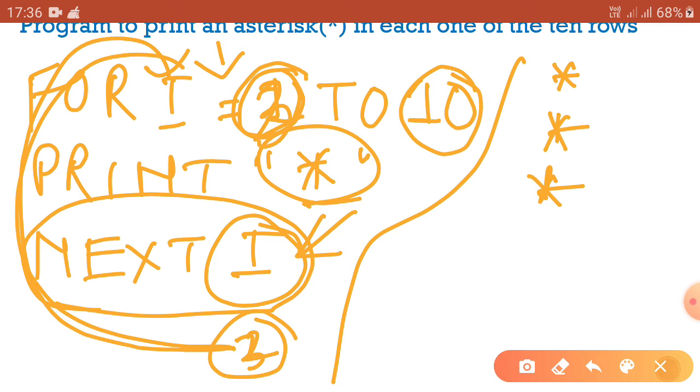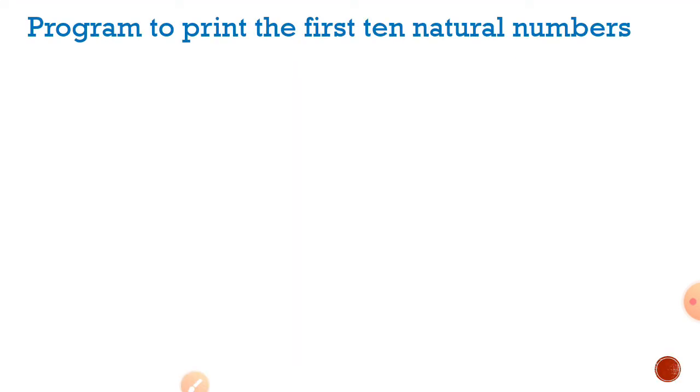So it will run from row number 1 to row number 10 like that. Like that it will print the asterisk in each one of the 10 rows, one by one. Okay, now the second program we are taking, that is a program to print the first 10